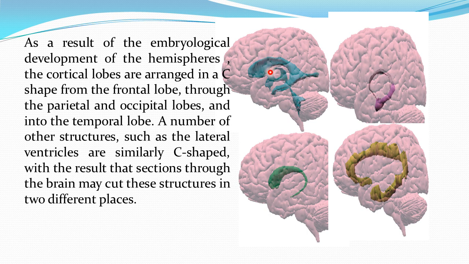Okay. So any section through the cerebral hemisphere cuts this structure in two different places. Another one which is in C-shaped fashion is hippocampus, and this is fornix. Third one is the caudate nucleus, which is in C-shaped form. Caudate nucleus has a head, then body and tail. At the tip of the tail there is the amygdaloid body. Fourth, which is in C-shaped fashion, is uncus, parahippocampal gyrus and cingulate gyrus.